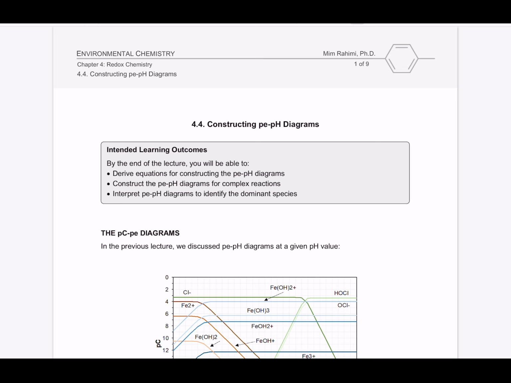Welcome to the last lecture of Chapter 4. Today's lecture would be very practical. Specifically, we're talking about pe-pH diagram. What we're doing in this lecture would be deriving equations for constructing the diagram itself, and then making it a